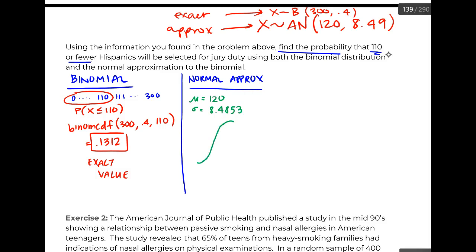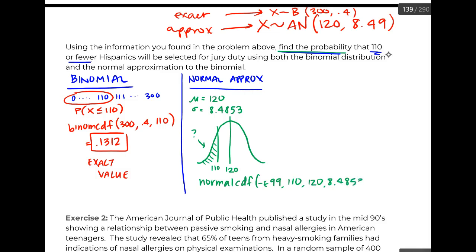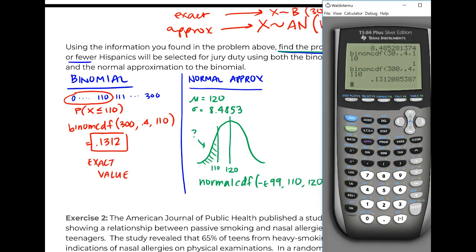So if we're doing a probability from a normal distribution, we would draw our curve. We would shade the region we were interested in, 110 or fewer. And we would use normal CDF: negative E99 up to 110 with a mean of 120 and a standard deviation of 8.4853. Let's see how good this approximation is. So if we come over here and grab normal CDF,